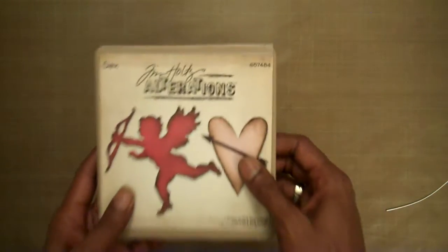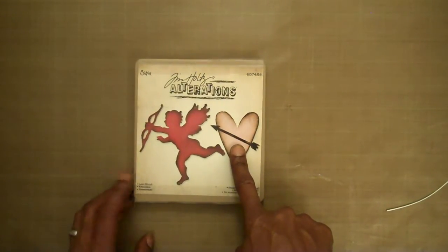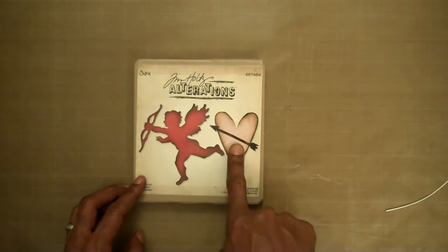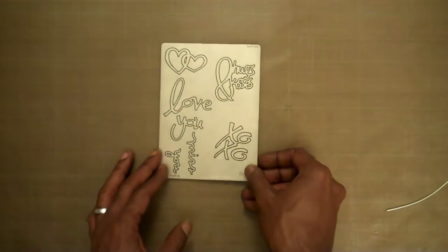is a card that I made, and this time the hearts are from this Tim Holtz die. This is called Love Struck, and it's the Cupid and the hearts, and the heart with the arrow. And I also used some of the extra pieces from this same die here,